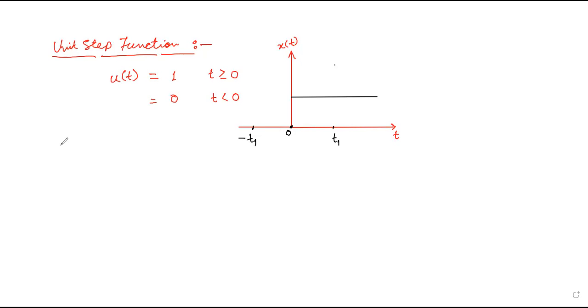So if I am writing u(t minus 1), then how it will be defined? u(t minus 1). So its value will be 1 for t greater than or equal to 1 and is equal to 0 for t less than 1. इसका मतलब क्या है कि अभी हम अगर एक ग्राफ ड्रॉ करें तो इस पर्टिकुलर एक्सप्रेशन के लिए जो ग्राफ आएगा वो क्या आएगा,